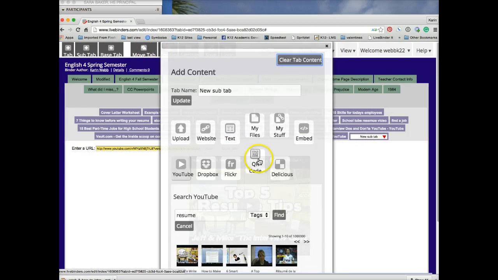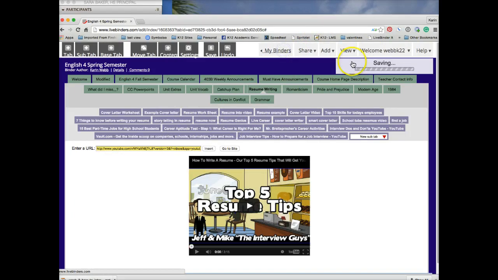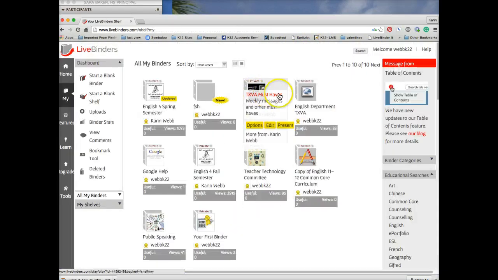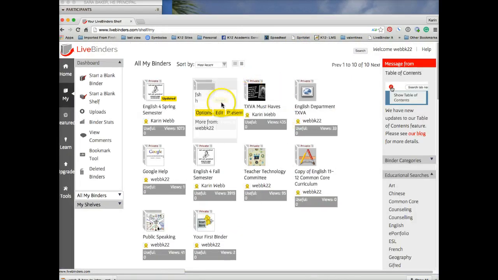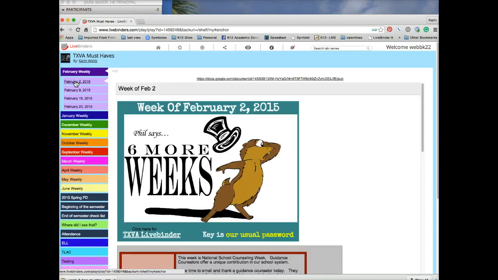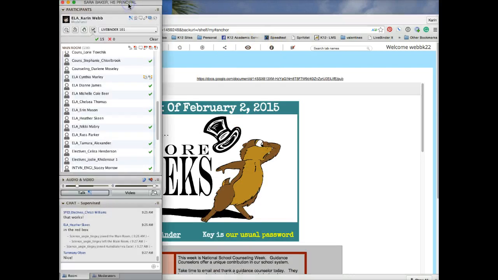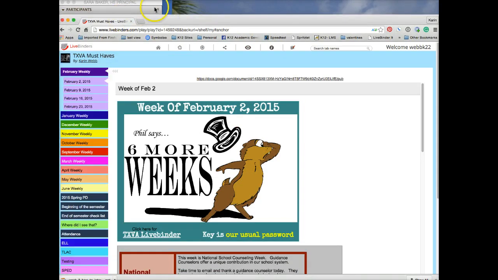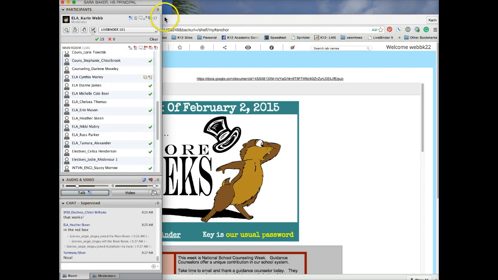You can do QR codes. You can do, I don't know what Delicious is. You can do embedded, which is how I do my Google Slides, or when I do the weekly in the live binder. When I add the weeklies to the live binders, that's what I use, is the embed codes, okay? So I feel like I've given you very, very few basics, but I know our time is short. So if you guys have questions of something you would like me to talk about or show you that's specific,